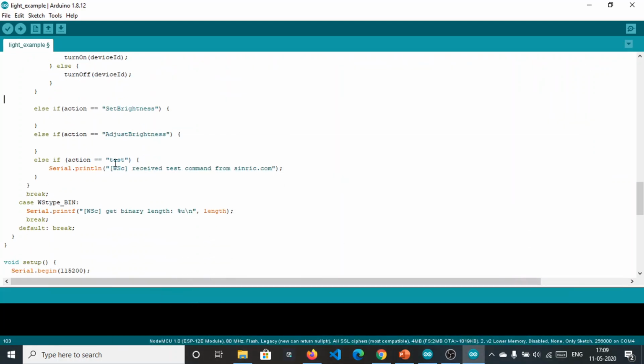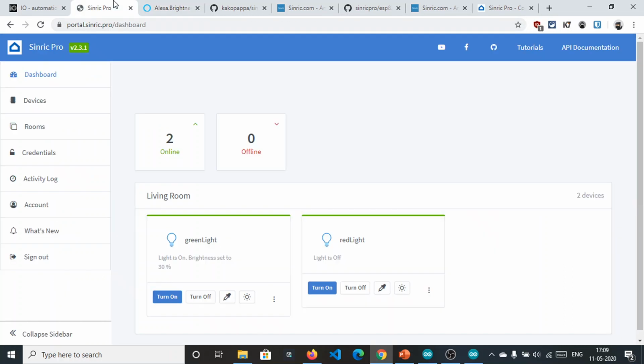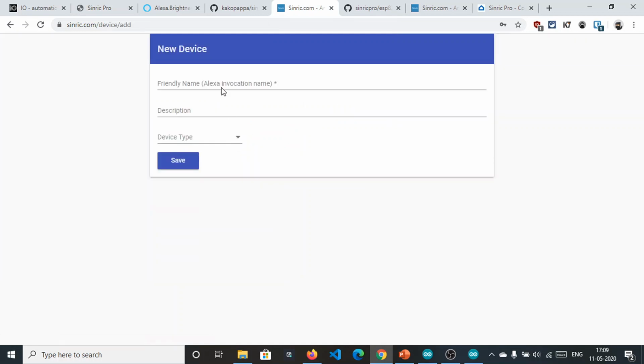Okay, and action is equal to test. If we are sending this one, let's add a smart home device, let's add a red light, let's name it red, only red.